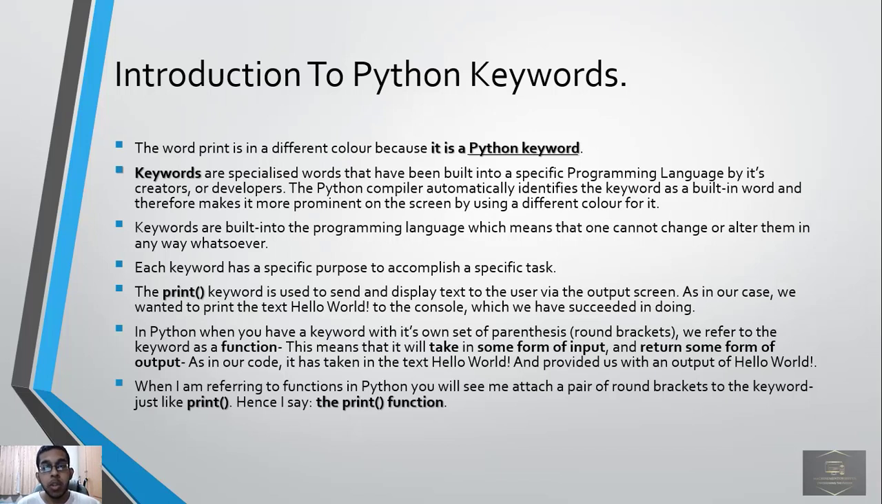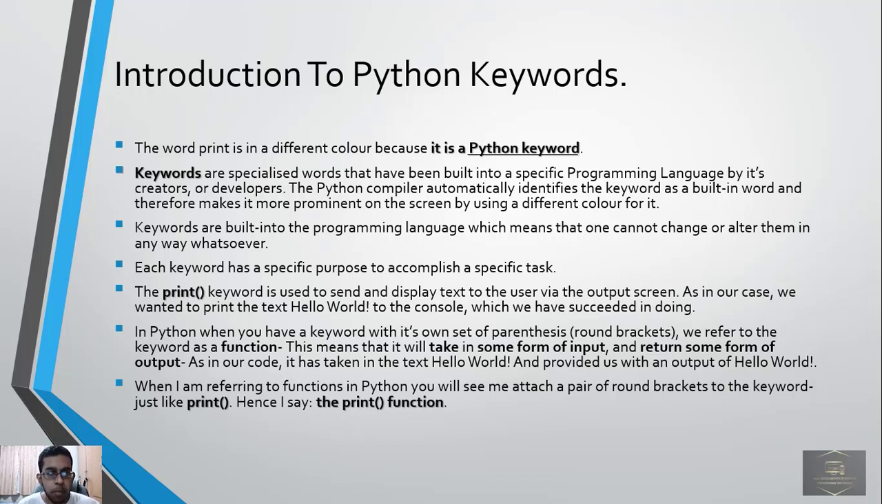Keywords are built into the programming language, which means that one cannot change or alter them in any way whatsoever. Each keyword has a specific purpose to accomplish a specific task. The print keyword is used to send and display text to the user via the output screen. As in our case, we wanted to print the text "Hello World" to the console, which we have succeeded in